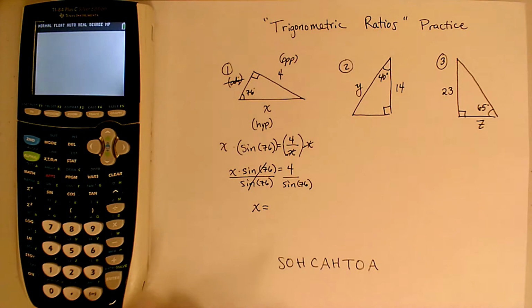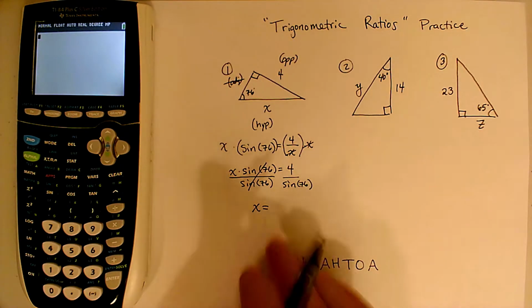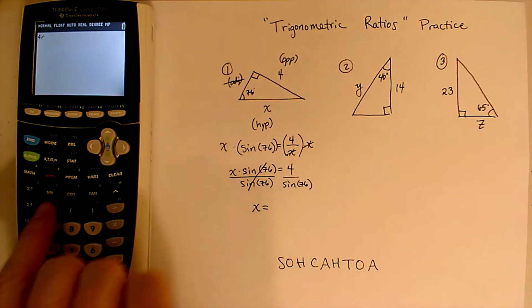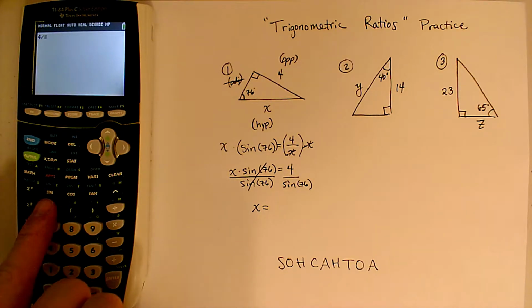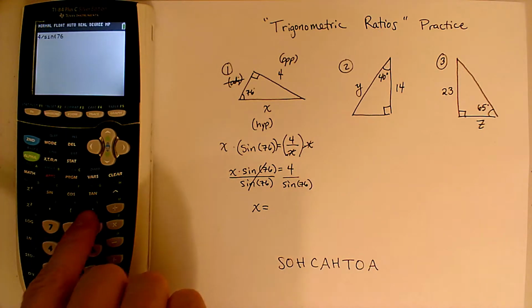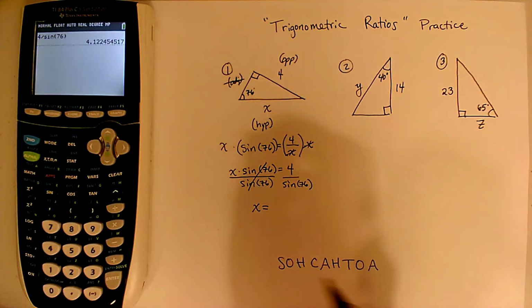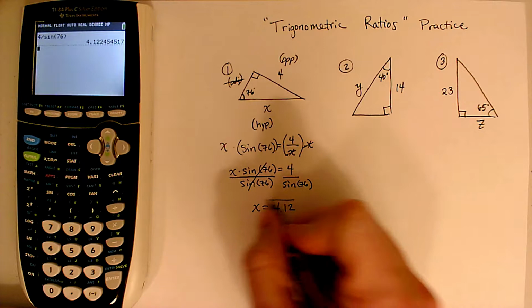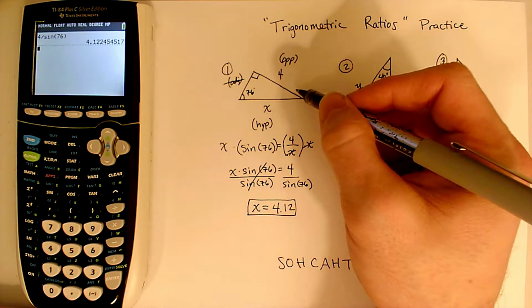I'm going to hit second mode and that's going to get me out. Now I'm ready to punch this into my graphing calculator. So I'm going to just type in 4 divided by, and the sine key, which is right here above the 7 key, there's a comma, and then right above that's a sine, so I can hit sine and then type in 76 and be sure to close it and hit enter, and I got about 4.12, so x is approximately 4.12,